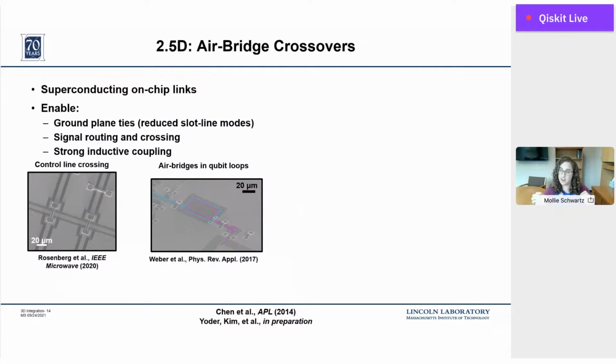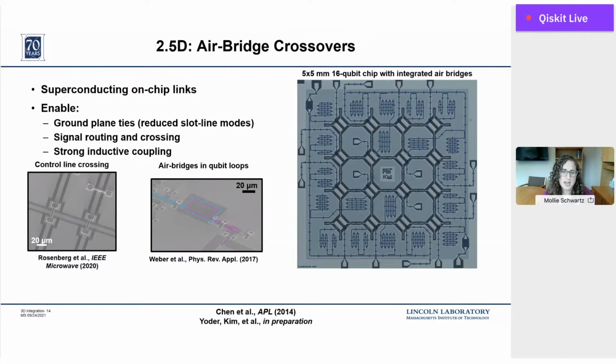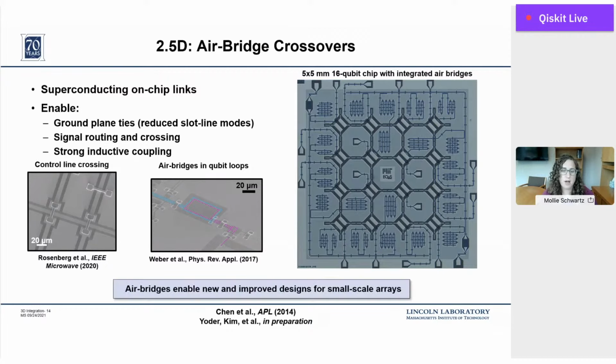So these are really neat little on-chip links that you can use to hop into the third dimension just for a little bit, for a few microns, in order to jump over active lines, to connect sections of ground, and even to loop qubit squids physically intertwined with one another so that you can achieve very strong inductive couplings due to the mutual inductance between them. We developed superconducting airbridge crossover processes, and they're really enabling for these sort of small scale arrays